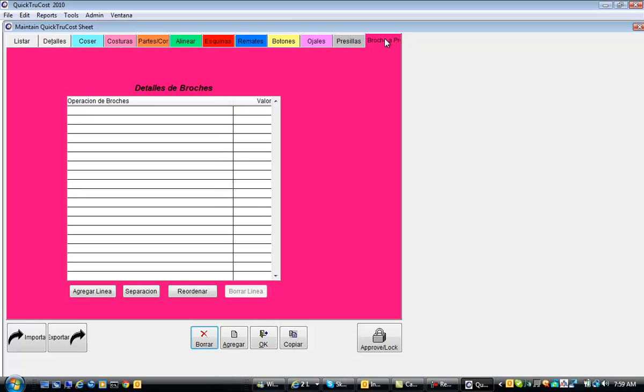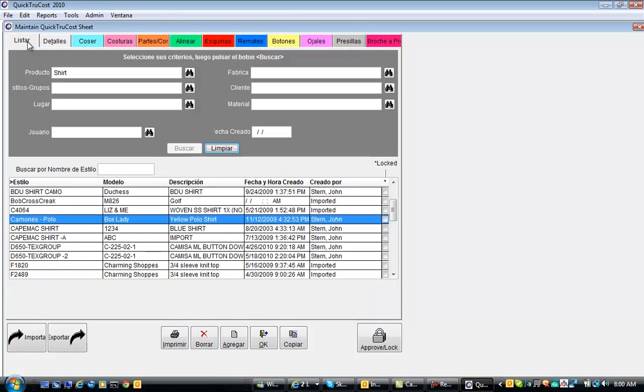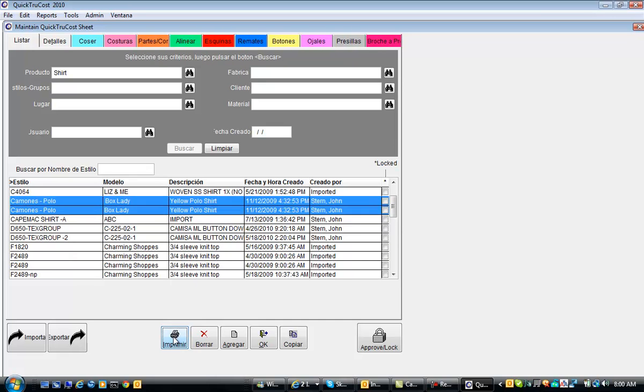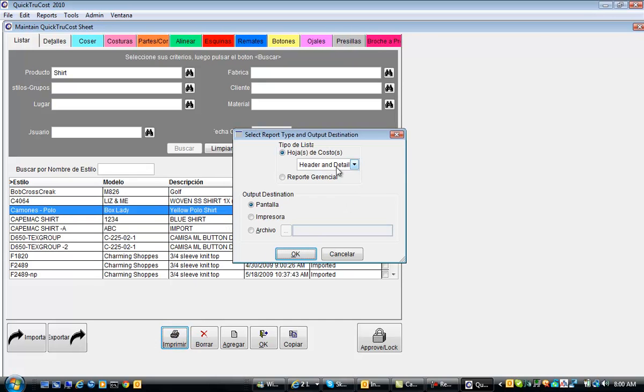Those are really the copper studs on jeans, maybe the hook and eye on a waistband in a men's pair of pants or a woman's pair of pants. These are all applied with a machine, and they are identified if required. The simpleness of this is that we go back to the list, the kimonos polo, we identify it, and we go to print. There are several options to print: header and detail, just header alone, which I will use,